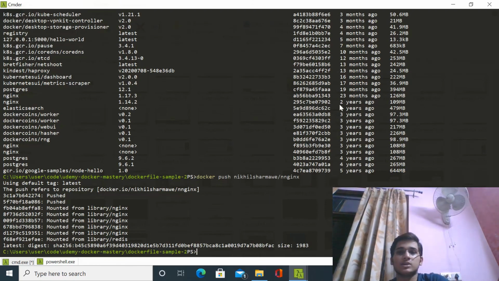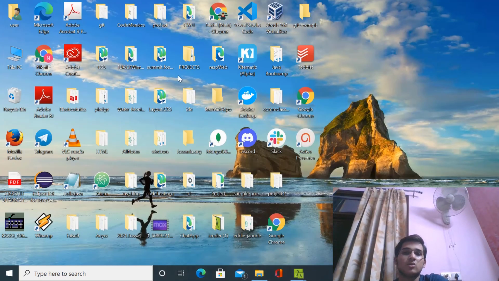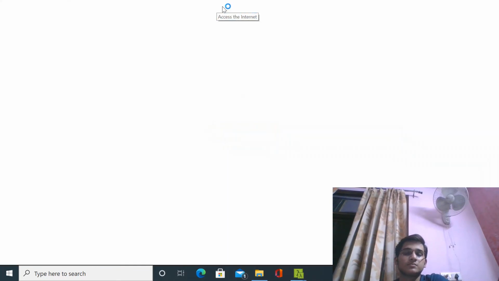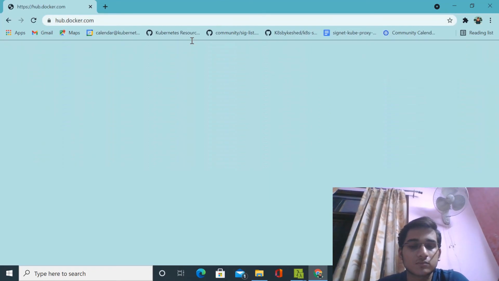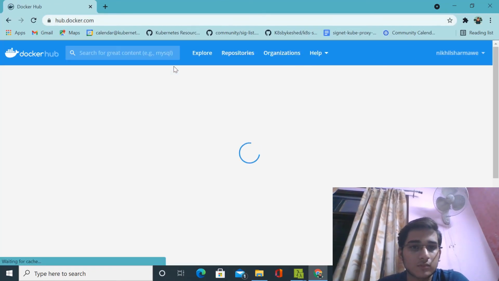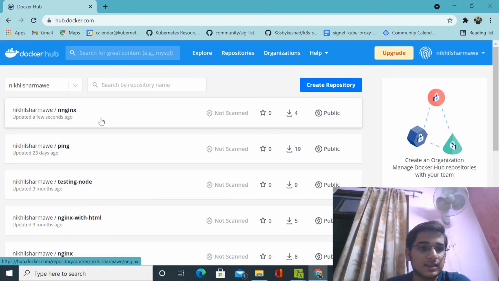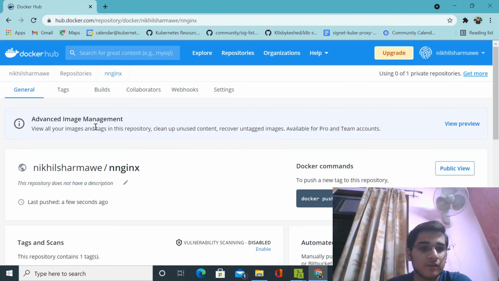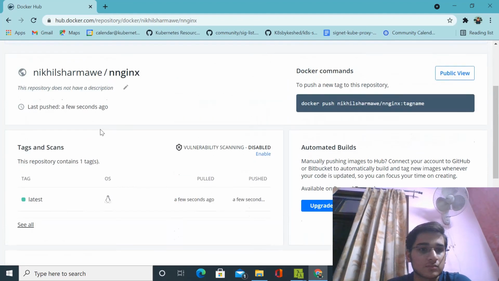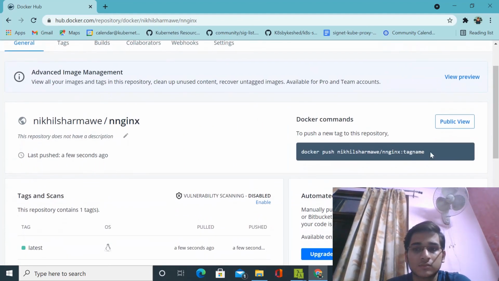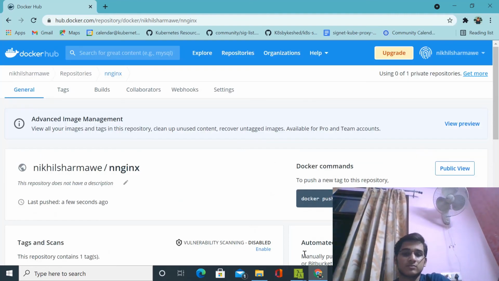So it is done. Now I will go to hub.docker.com. I can see this image now, nikhilsharmav/nginx. So I successfully pushed my own image, and anybody can access it because it is public.